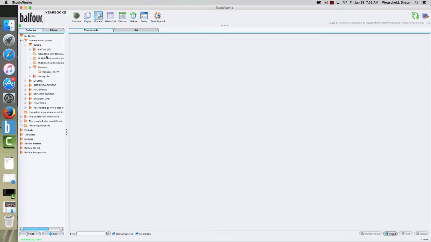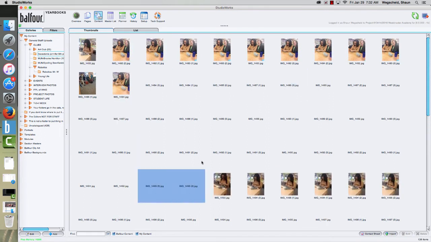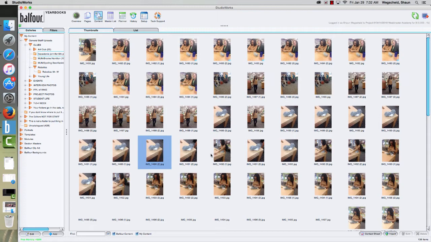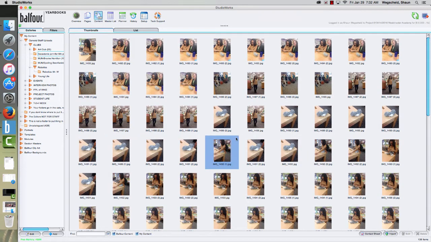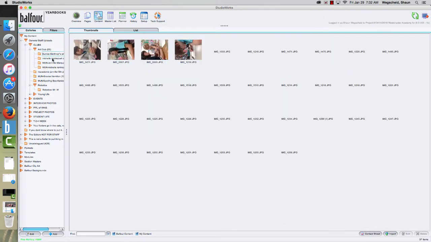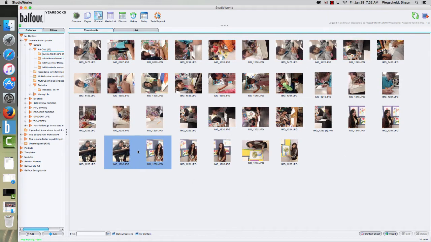Once I've done that, and let's say I have the art photos, and I have maybe the best 10 to 20, not all of them. I don't need a billion photos of a picture of yarn. But once you have just the best 10 to 20 photos from all the photos you took, then let's see if there's a different one. Yeah, these numbers are a little bit closer to what we're looking for. There's still a lot of photos that are almost the exact same, so choose the best one. But once you have them,